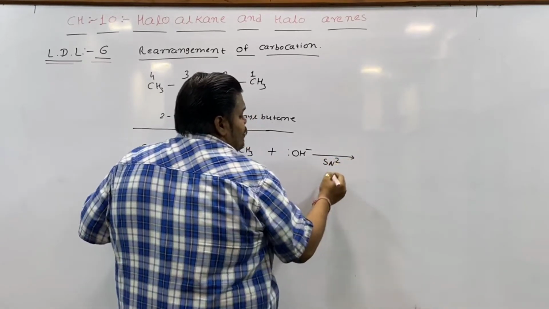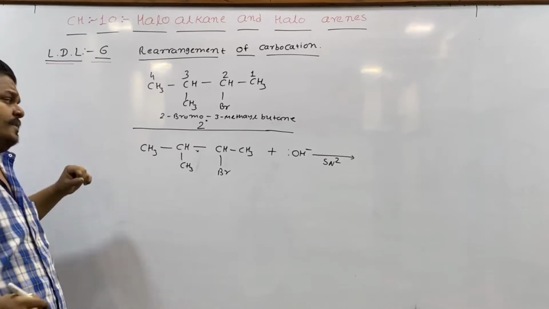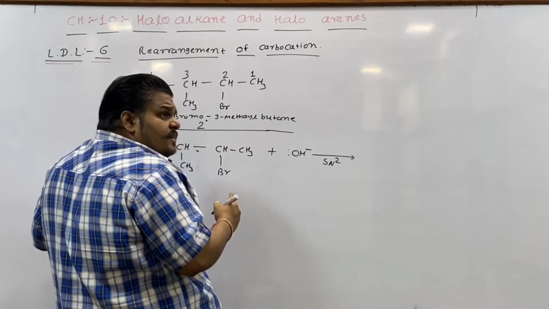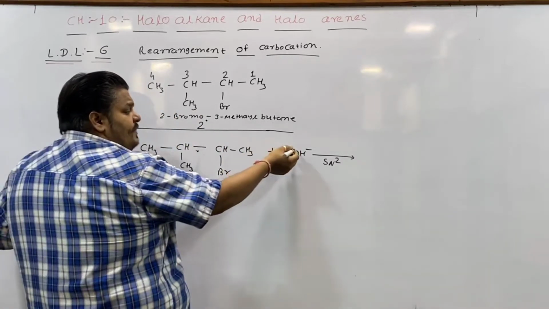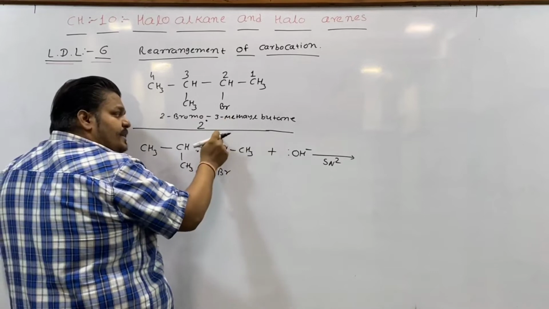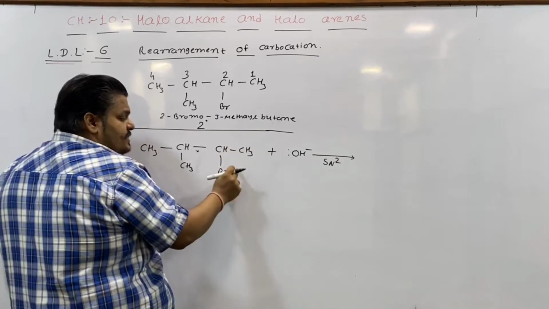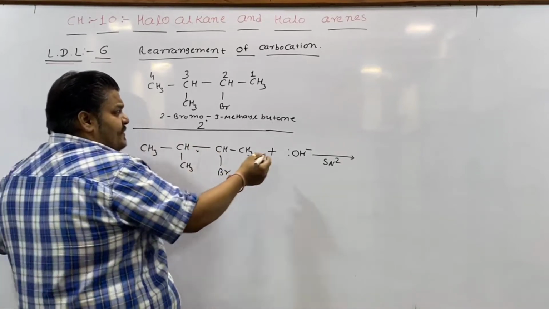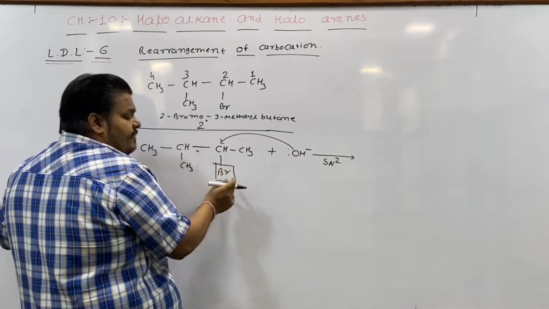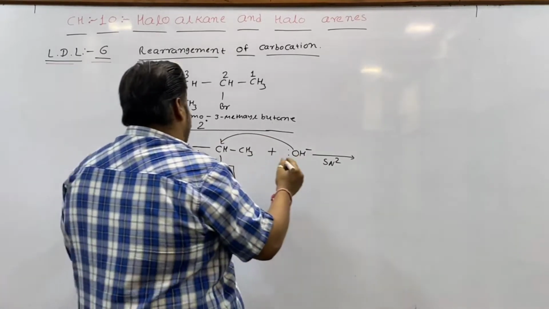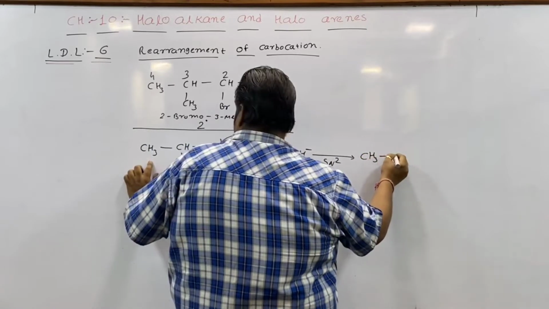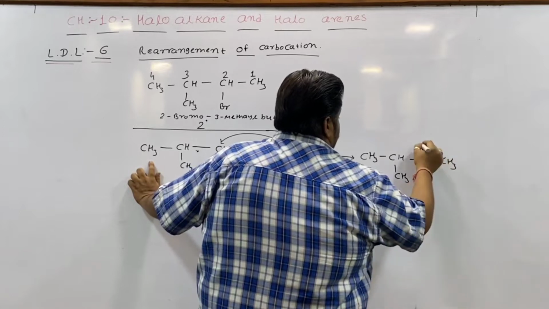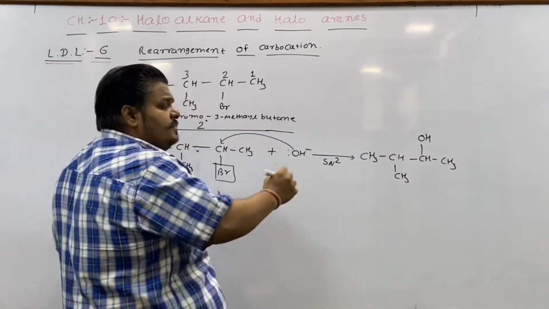Which mechanism? SN2. We know that in the SN2 mechanism, making and breaking of bonds occur simultaneously. The OH group will attack from the opposite side of the halogen which is present on the alkyl chain, and that's why the Br will be substituted by the OH to produce the compound CH3, CH, CH3, CH, CH3 and OH,